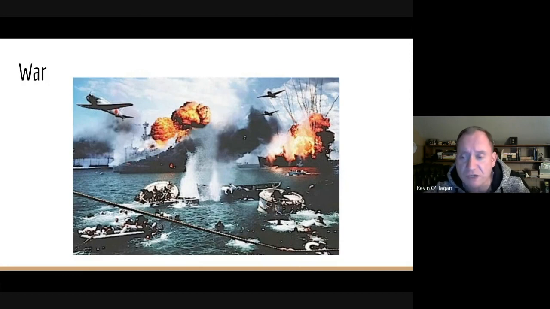Roosevelt was always intent on getting America back onto the world stage. And even though he's gone, he's dead by the time the UN actually takes hold, Eleanor Roosevelt is actually instrumental in developing the Declaration of Human Rights. That's kind of the foundation of the UN. So his thumbprint is all over the post-war era too. And I think you can see his worldview clearly demonstrated by these events.